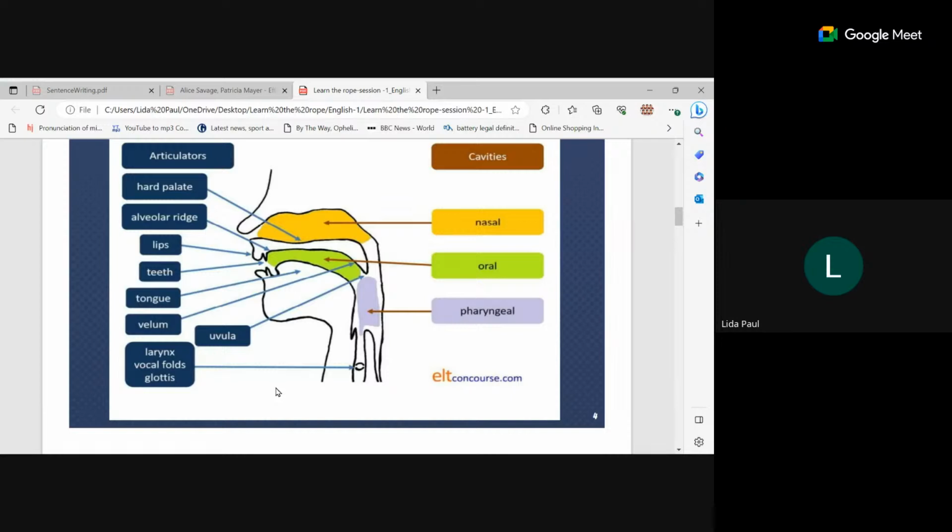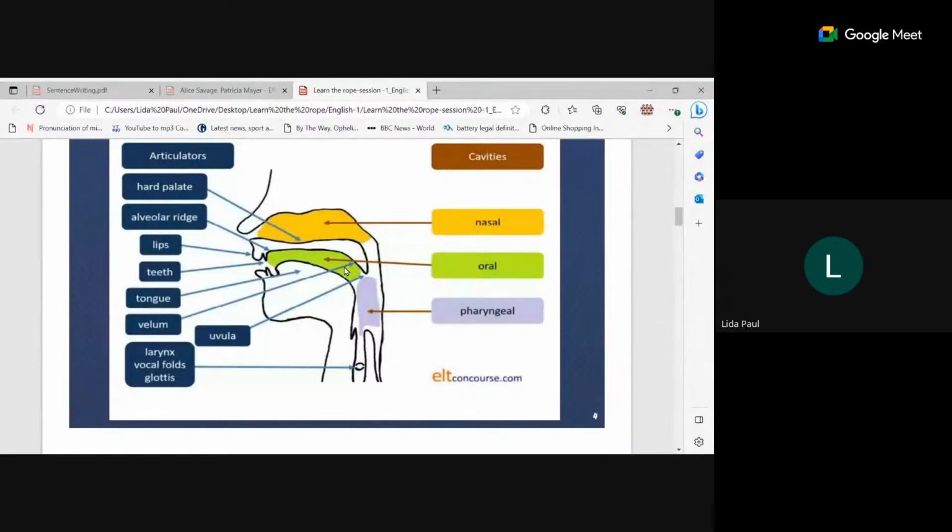So if I start from here, of course, the air is pushed out, or rather the air passes or takes the path here. It crosses the larynx, the vocal folds, the glottis region. It reaches here, your pharyngeal cavity, and then goes to the oral cavity. And as it reaches the oral cavity, the first thing that it is going to see is the velum. Now, this part is important for you because